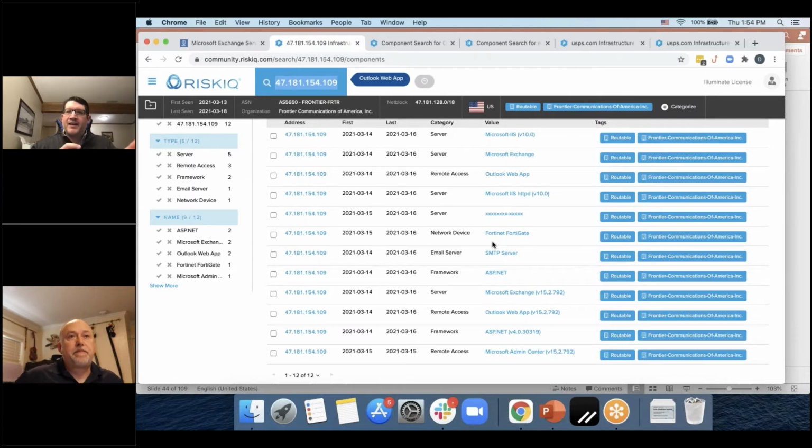The other thing I'll add in, and this is just a technical behind-the-curtain look, is that different technologies present their data in different ways within a web page. Depending on things like headers and banners and responses from different things on that server or on that web page, we can get more granular. For example, you're going to see out to 3 numbers for the minor version here for Microsoft Exchange.